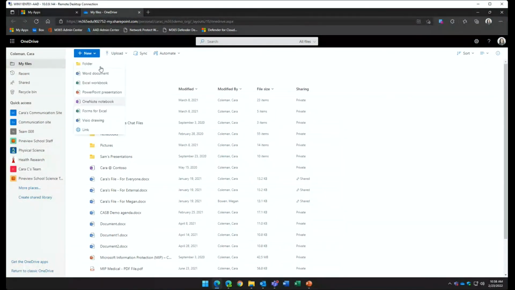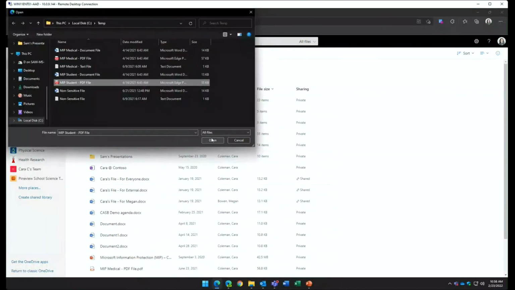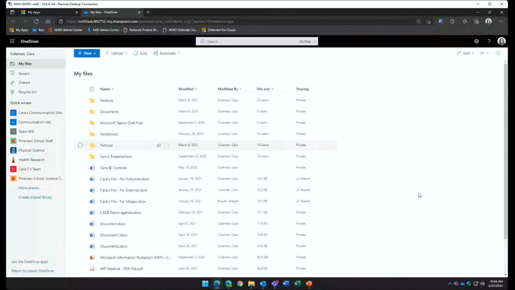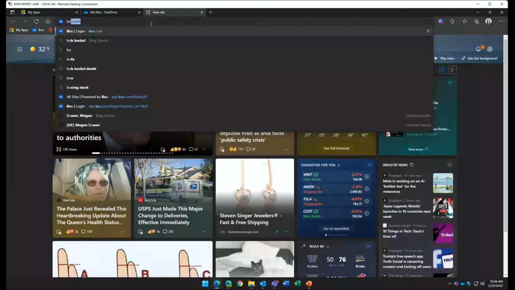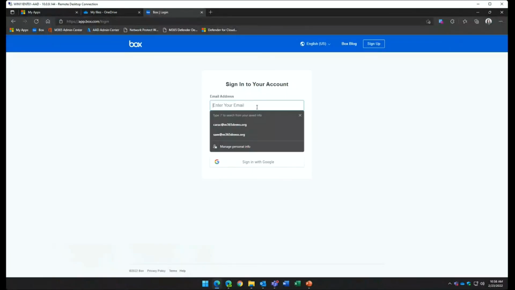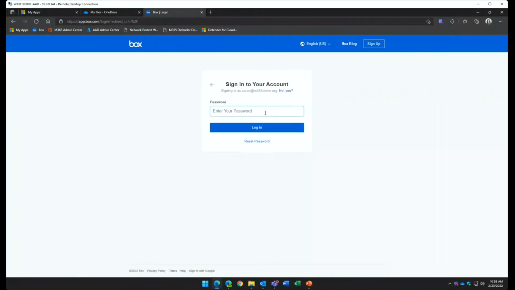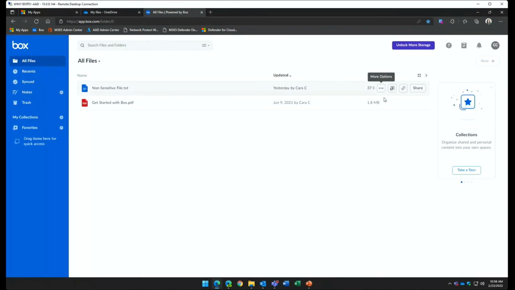I'm going to go upload a file. We'll upload our sensitive information file here. It's probably already there. I'll have to overwrite it. Yep, replace. We're uploading it. It's sanctioned. It's an allowed location. No surprises here. But we're going to go to box.com. Kara here is our test user. And we're going to log her into her box.com real quick. And so Kara wants to be able to upload her personal content.